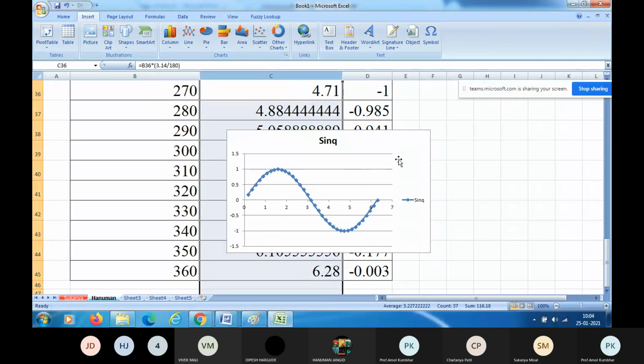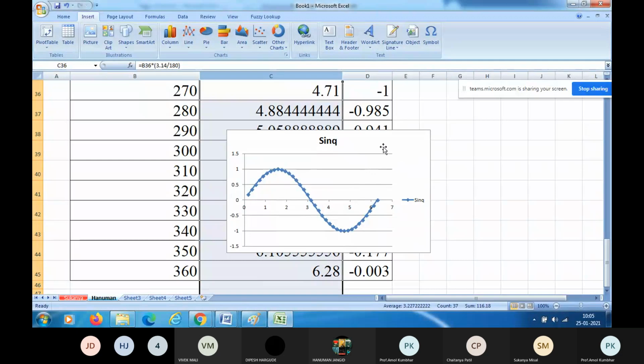This is our sine theta graph. But to this graph, no labeling is there. What is present on the x-axis, what is present on the y-axis, and this graph also doesn't have any title. Only sin theta is visible. So let us first give the name to that graph. Let us label the y-axis, x-axis, then our job is finished.